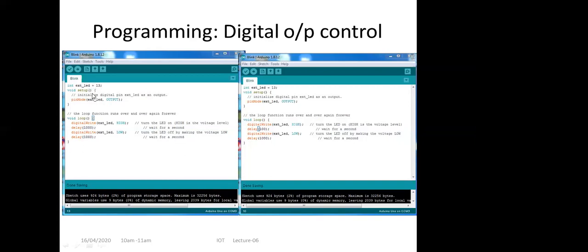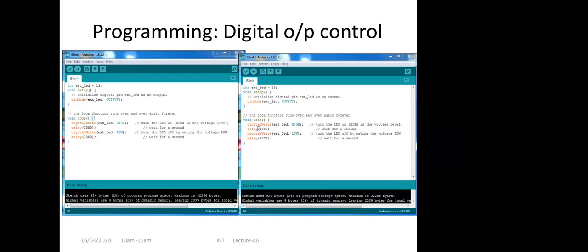And again, if you want to see the complete program, yesterday we have seen two things: blinking of the built-in LED, and blinking of an external LED. The program for blinking the built-in LED is different from the program for blinking an external LED, because in the example list only blinking of the built-in LED is there, not the external LED. But we have changed it.